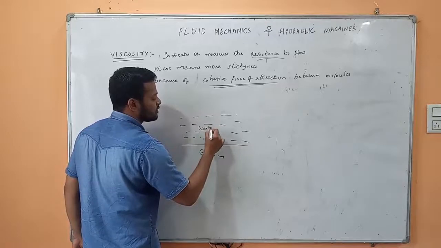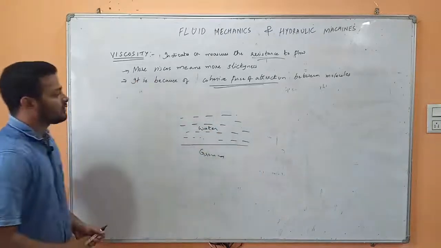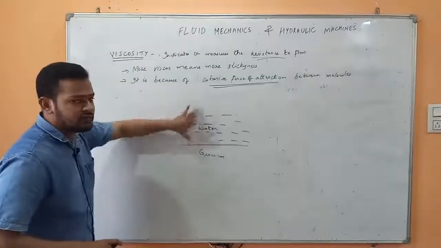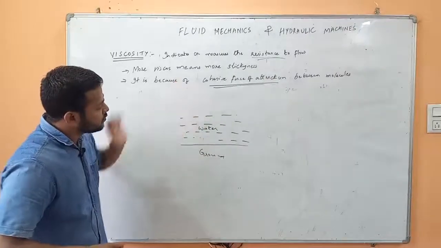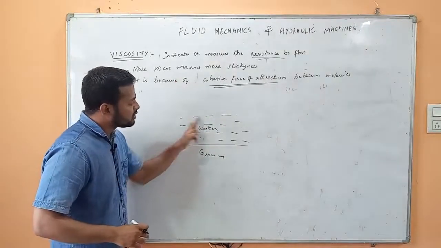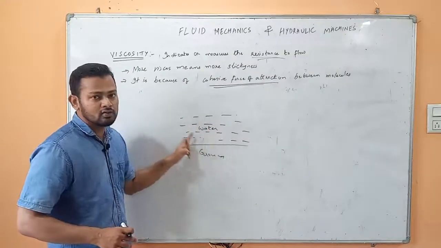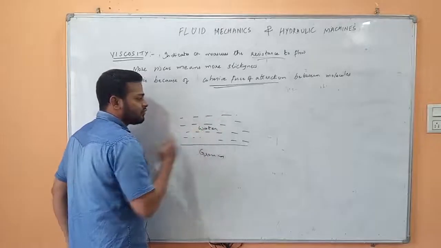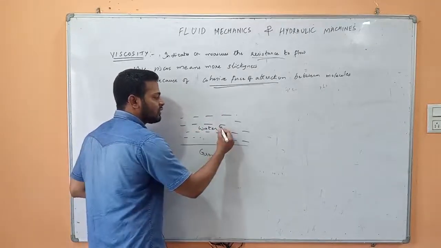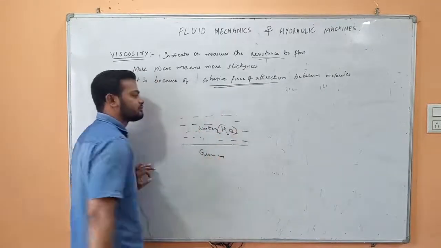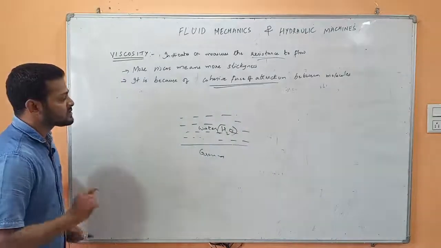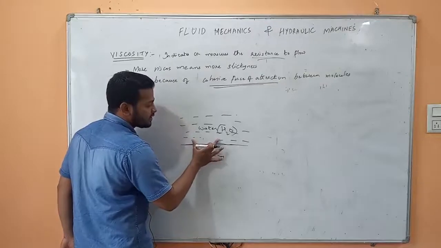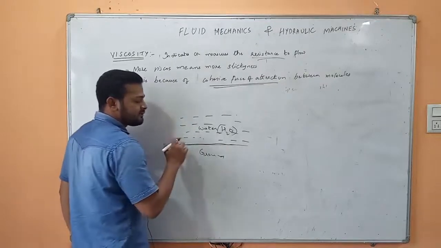So this is water. When you are trying to move water, one is the resistance within the water, within this liquid, which is because of the molecular forces of attraction between the molecules. When you have to deform this, you have to apply a force which is greater than the molecular forces of attraction, H2O. And there is one more resistance because of this ground material which is coming in contact with this water, that is the frictional resistance.